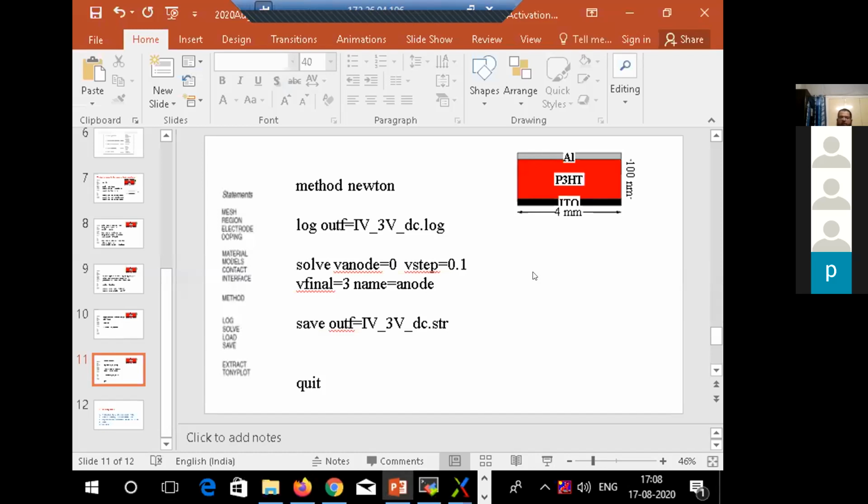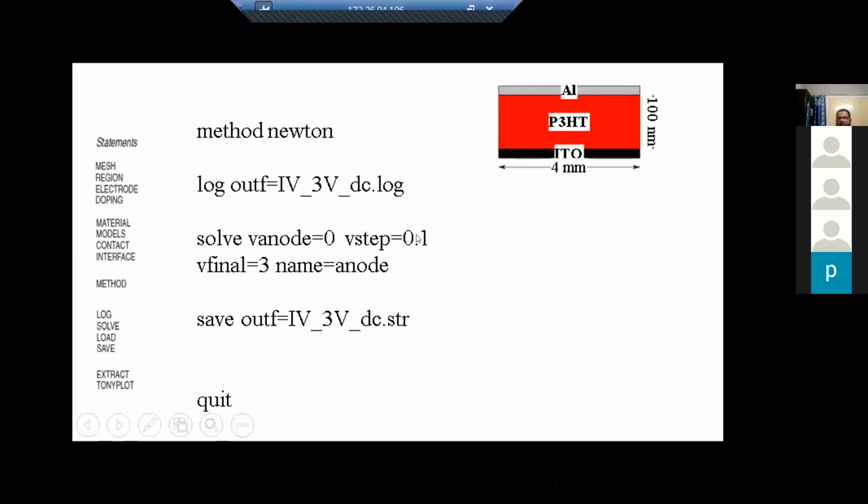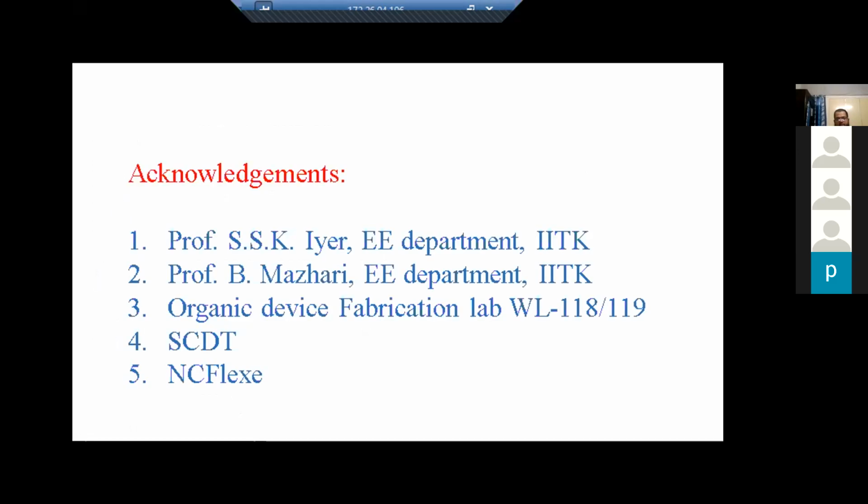And many things we can do. For example, if in the exported data we want to take the double derivative of the data, then you need to have a much smaller bias point. For example, here the bias point is 100 millivolt, but in the double derivative you may get a noisy figure, so the values will not be captured. So you can then lower the resolution of the step voltage that you are giving in the bias voltage. So all that can be done. I think this was the very basic tutorial about running this software and getting the results corresponding to your device. So this is it.